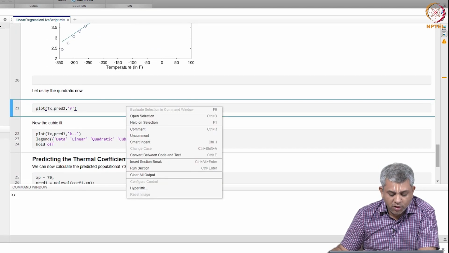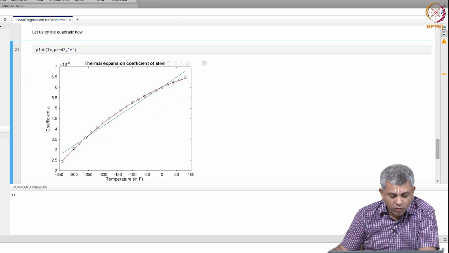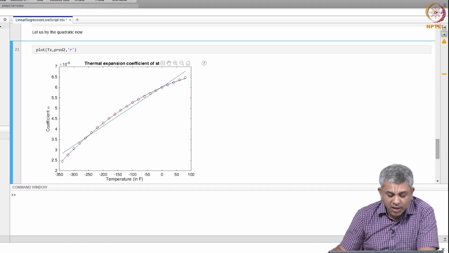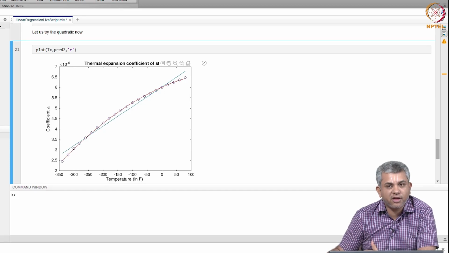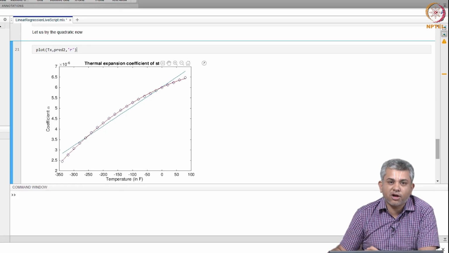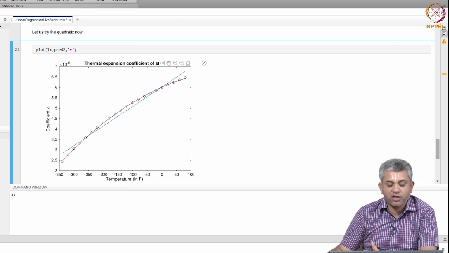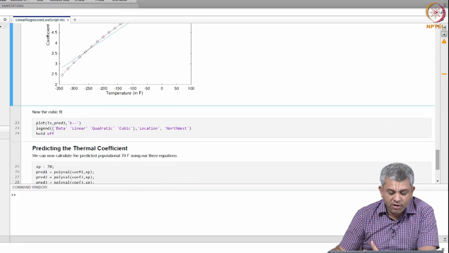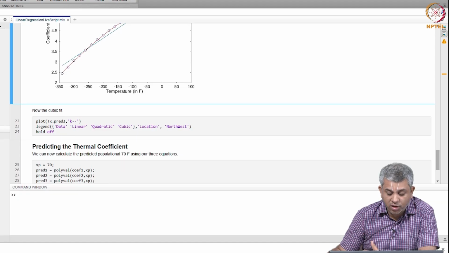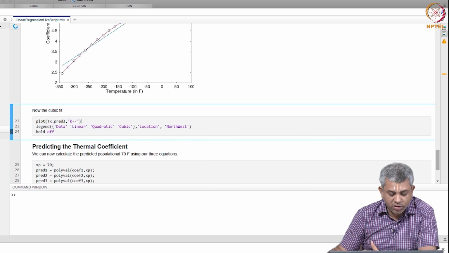We will now try the quadratic. The quadratic is now the red curve. You will see this fits much better than the linear. Does it always happen that the quadratic fits better than the linear? We will see later on that this is not necessarily true. But in this case, it does happen that the quadratic fit was better. So, it will give a much better prediction for the thermal coefficient of expansion at 70 degrees. We can now try a cubic fit also,